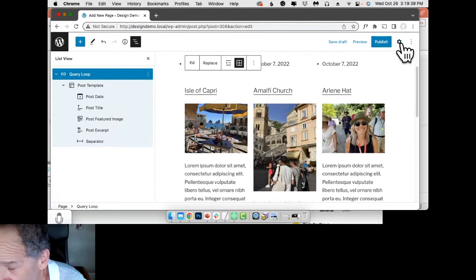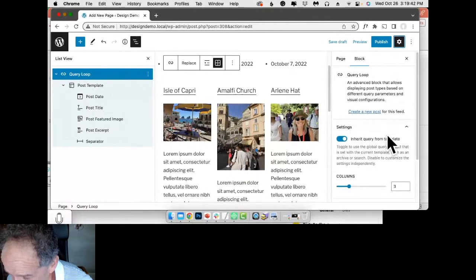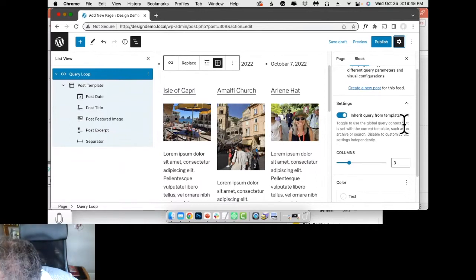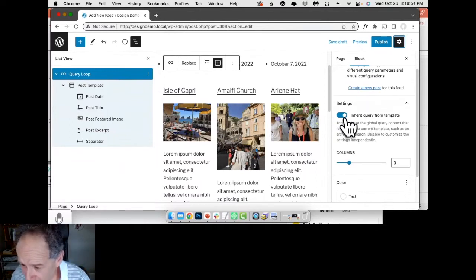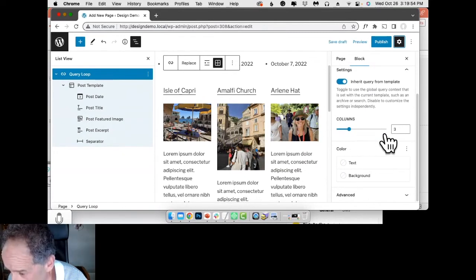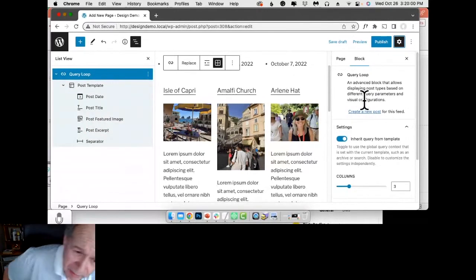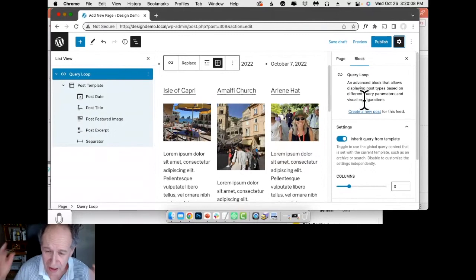And I can also go over to here. Let's go over to the cog, and you'll see it says query loop, and I've got some settings over here. And what I'm going to do now, currently the style is being inherited from the theme, and I'm just going to leave that alone for now. That's no big deal. If I wanted to add more columns, I could do that. And we'll come back to this in a little bit when I do another demonstration. But here's the idea, and just the takeaway for this point of the demonstration. I don't need to use a block theme. I don't need to use full site editor. I could just use query loop right now as is if I want to use that in my pages, which is great. So you're not stuck anymore with what the designer of your theme set up for you